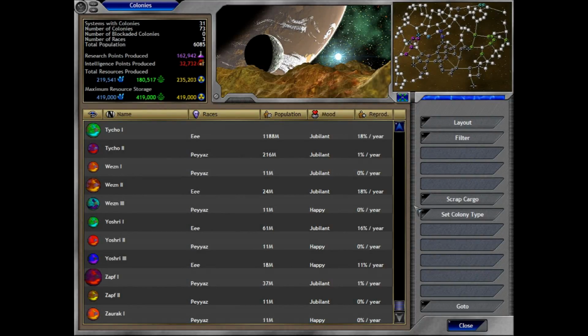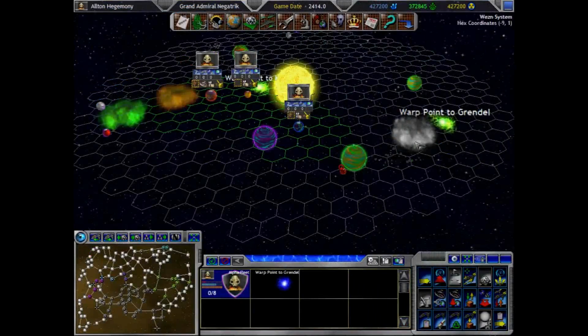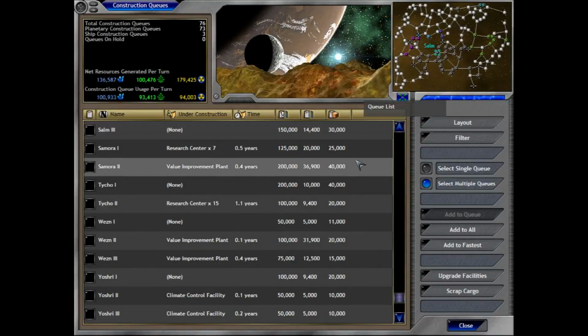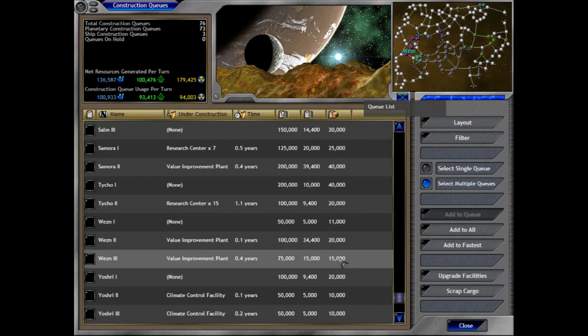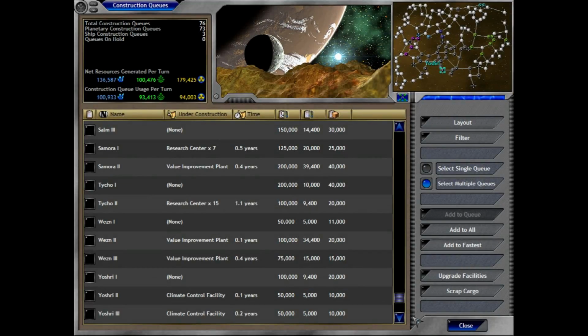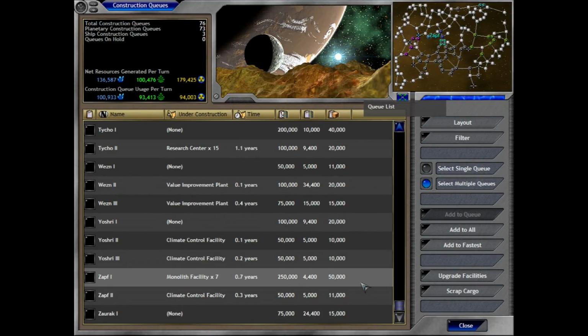They are reproducing where they need to be, or where they can. Yeah. That's good. Construction queues. Upgrade facilities again. Just in case. I don't know that it made any difference, but